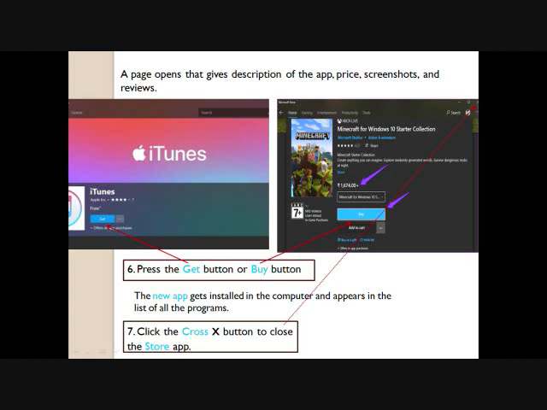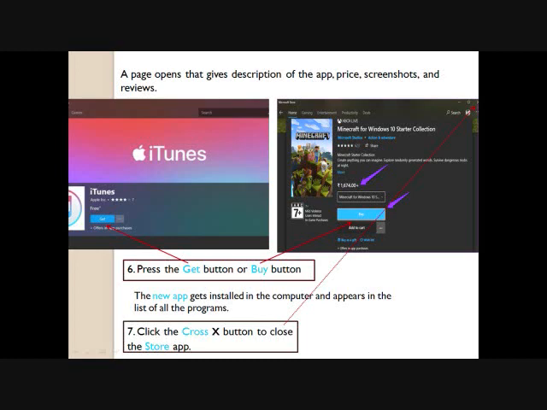First one, that is iTunes, you can get it for free, and the other which you can see, you have to buy that. So that's why I have given you two images. When you click on any app, you will get this type of pages which shows you the description of the apps, price, screenshot and reviews. In that particular page you will get all these things, so that you can select your app.